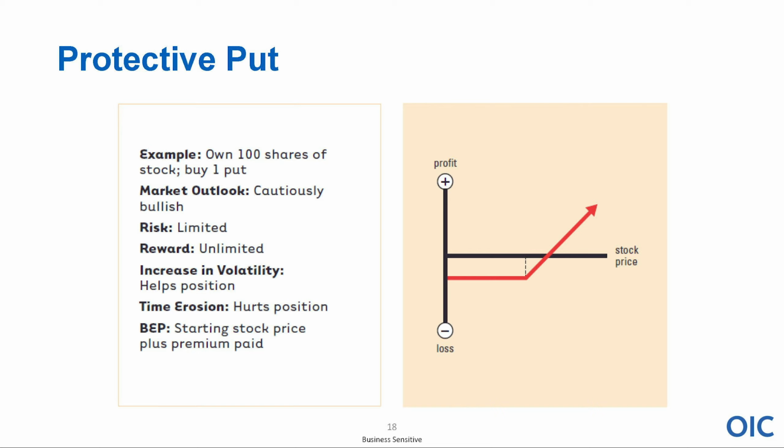There's a little more of a lengthy explanation to it, but this brings up the concept of synthetics and how you can use stock with options to create the same exact payout or risk profile as something else. And the long call and the protective put are exactly the same. Of course, the difference is probably the timing between these two. For the protective put, most often the investor already owns the stock and maybe it's moved higher in their favor and now they want to protect it by buying a put option. A call option, of course, would just be initiated outright.